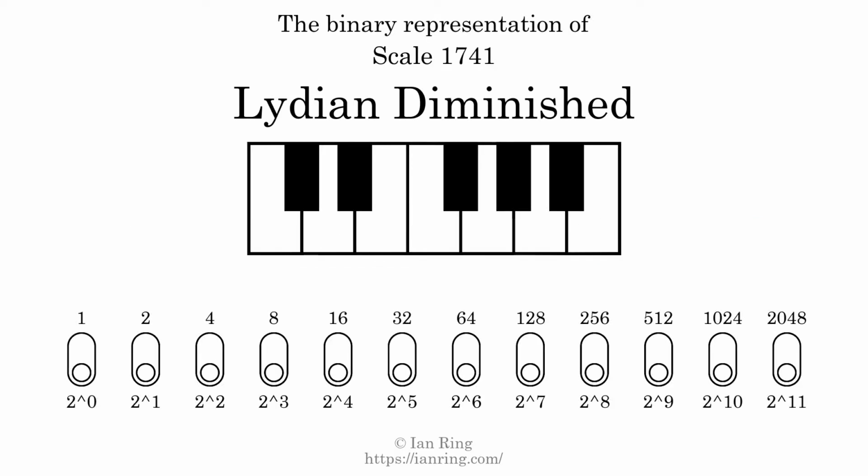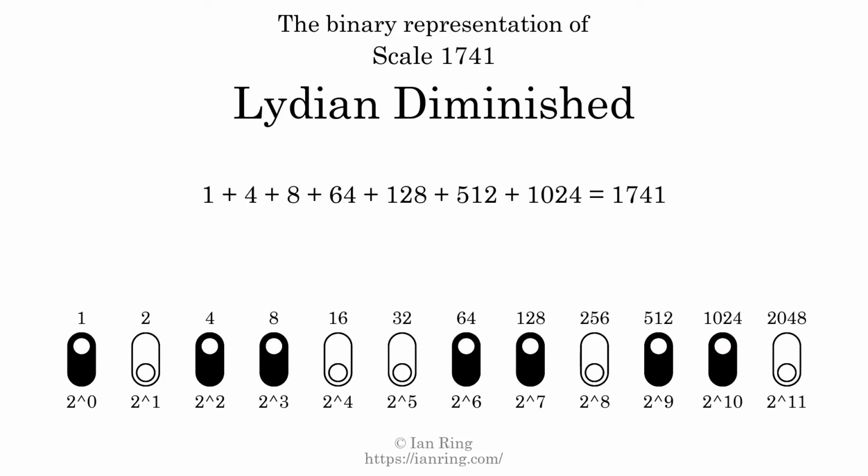The binary representation of this scale is determined by mapping tones of the scale to binary digits. Each binary digit represents a power of 2. To get the scale number, we add the powers of 2 together. The powers of 2 that are present in the scale, all added together, equals 1741. That is why the scale number, in decimal, is